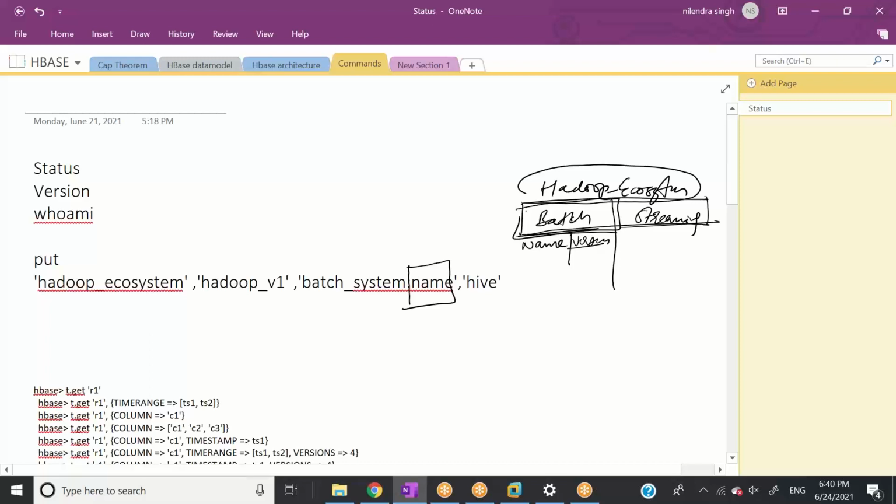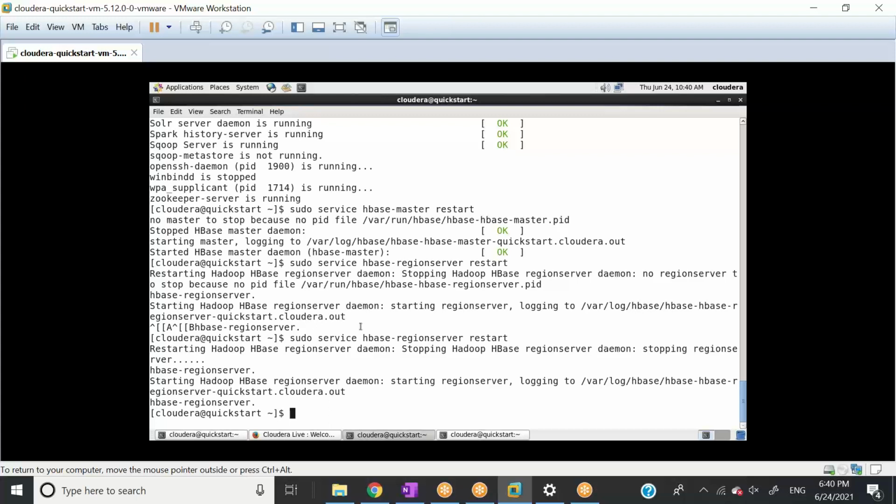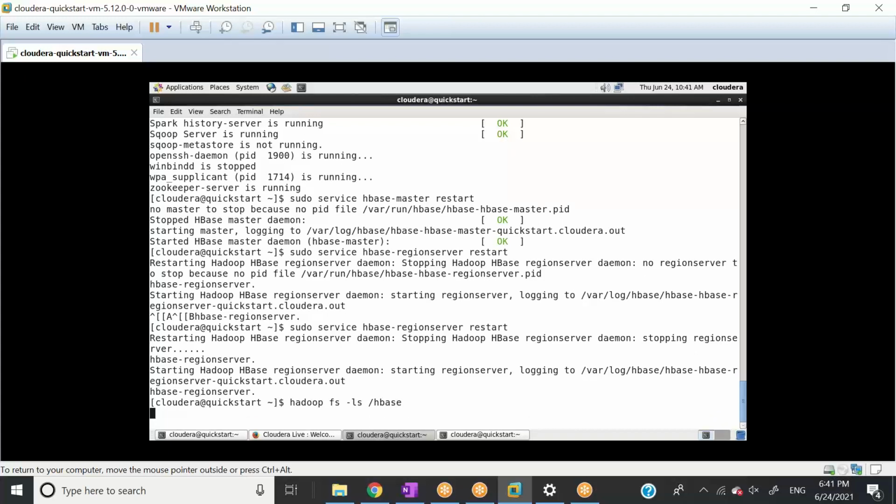So behind the scenes, when I show you in two minutes, there should be two different directories or table files created, one for batch and one for streaming. So let's see quickly on the back end, okay? So when I go here, let me write Hadoop FS. I told you that HBase storage is hosted on HDFS. So I'll say Hadoop FS -ls. So there is a new directory called HBase. So let's see what is inside this directory.